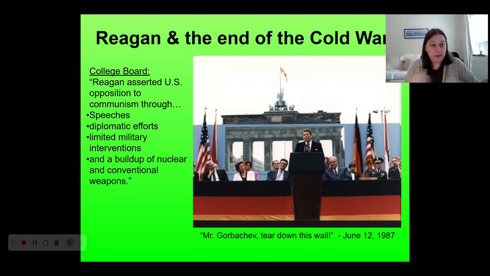Another big famous strong Reagan speech is the one that you see on the slide here, where he travels to Berlin, stands in front of the Berlin Wall and says, "Mr. Gorbachev, tear down this wall." So again, very hardline rhetoric. Next bullet point down, the Reagan administration also steps up diplomatic efforts. We're going to see a series of summit meetings between Reagan and then the Soviet premier, who for most of Reagan's second term is a guy named Gorbachev. We're also going to see some limited military interventions. The United States will send troops abroad in small ways for the first time since the Vietnam War, right?